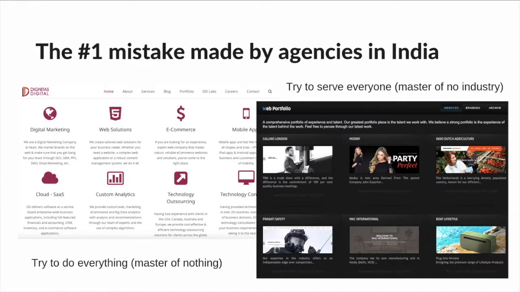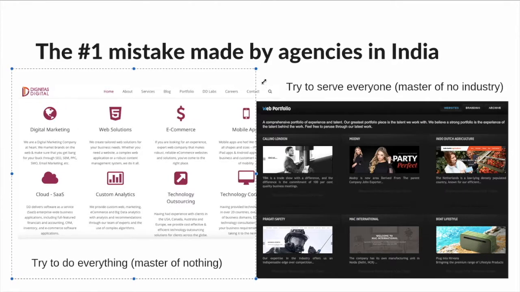Before we get started, I want to talk about the number one mistake that is made by agencies in India right now. They try to do everything and they're a master of nothing. As you can see, this particular agency is trying to do digital marketing, web solution, e-commerce, mobile app, cloud SaaS, customer analytics, technology outsourcing, and all that other stuff. And they're not focused on this one thing, and they're not focused on the one result that they could help